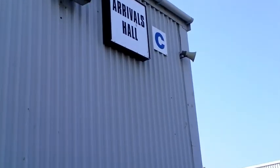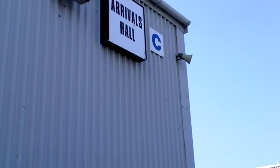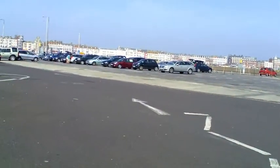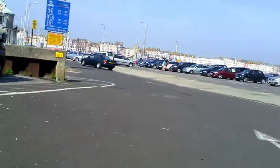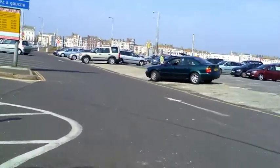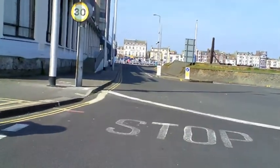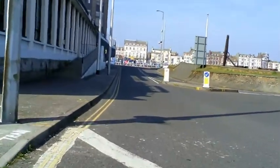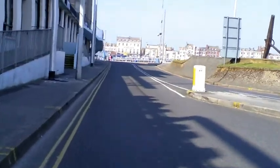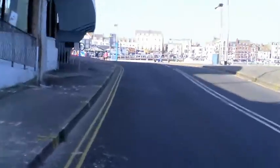Starting our epic journey from the arrivals hall at the Condor Ferry. I'm now cycling away from the arrivals hall towards the Weymouth Pavilion. I'm going to take us on the route which we would use as local people to start this ride and to exit the Weymouth town centre, as we're now approaching the